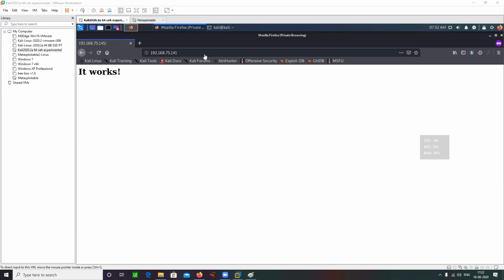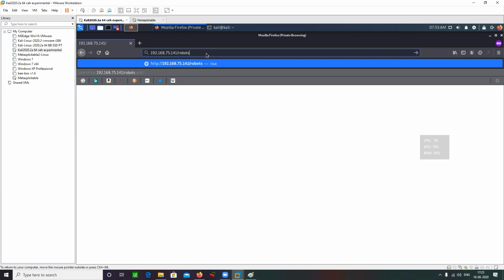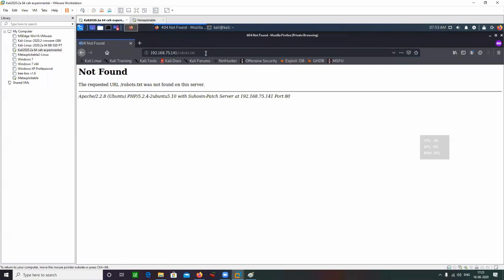So there's a typo there, that is actually robots.txt. Right, I can try looking for robots.txt as well. Let me just try doing it. Robots.txt, and it is not found.